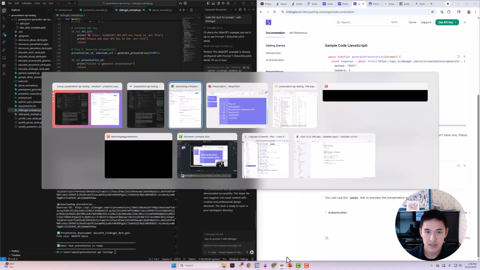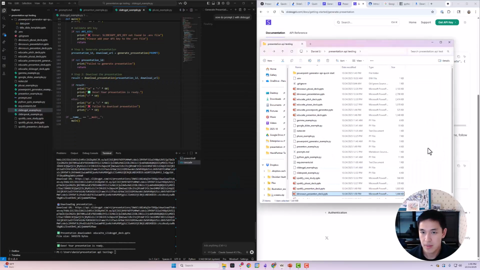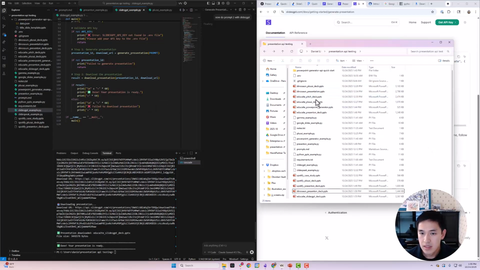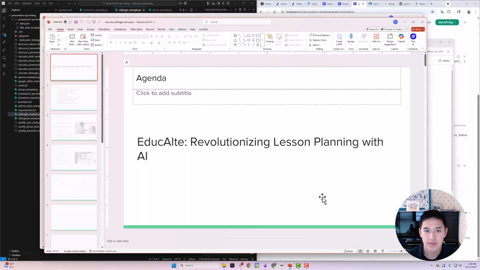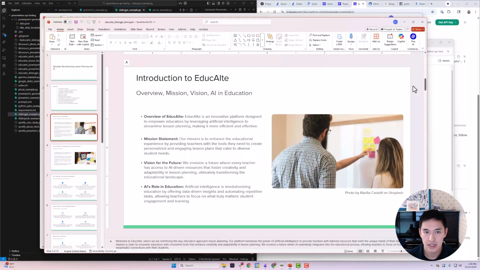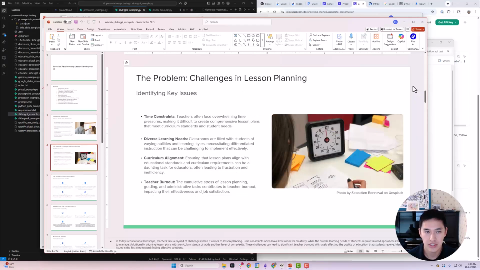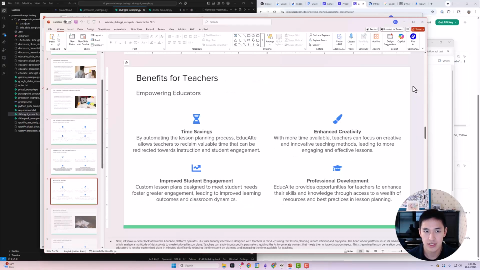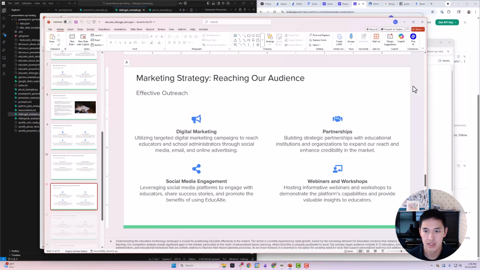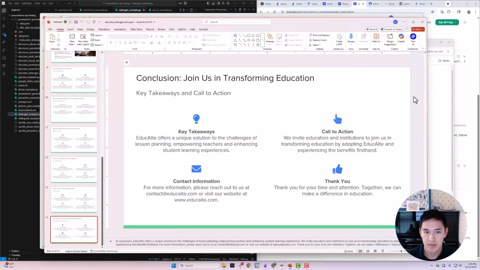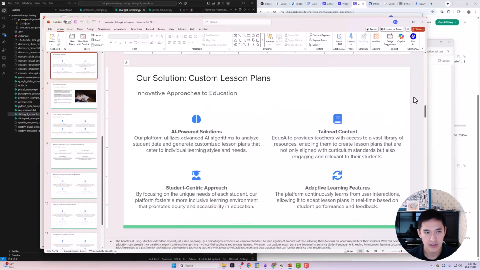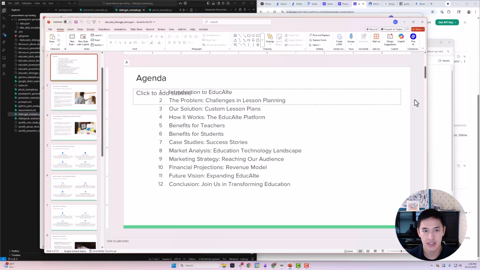Deck came back. Let's go and take a look at it. Educate SlidesGPT. So here's the presentation: agenda, introduction, problem, solution, how it works, benefits. Overall, it looks like the content is okay. The main thing that seems like we'd be missing here is that